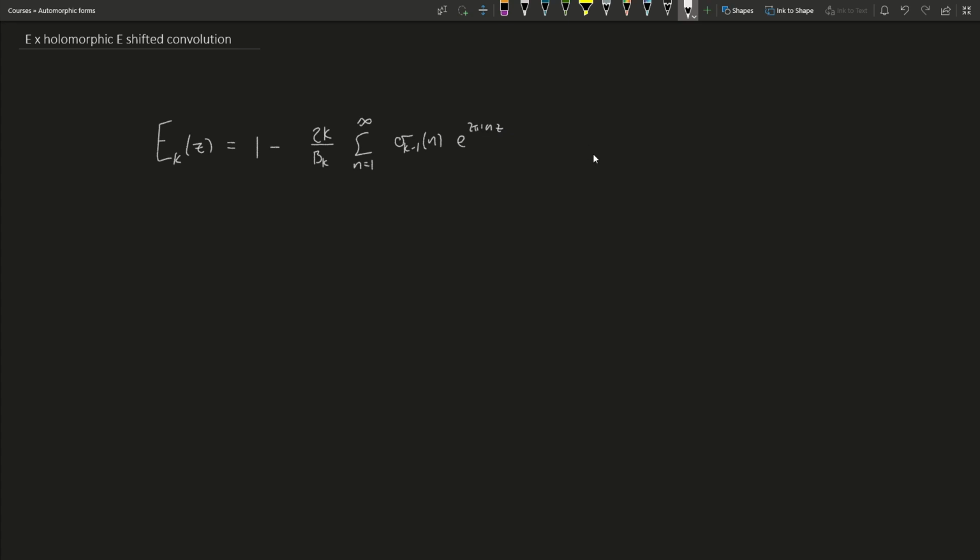And this is going to be when k is a positive even integer. So k is 2, 4, 6, and so on. Any of these are acceptable. And this is a level 1